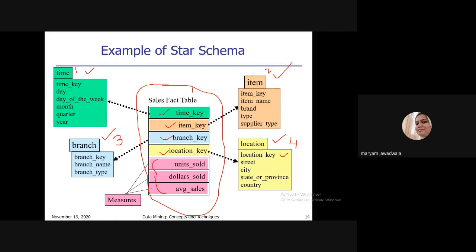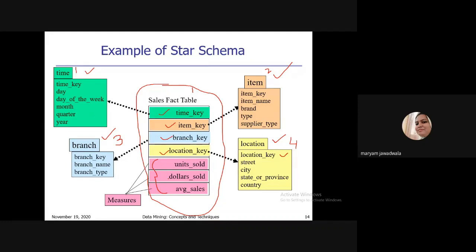This is nothing but the real time measures: units sold, dollars sold, and average sales. Okay. So these are the attributes of the fact table. So the fact table consists of the key attributes of all the dimension tables plus some real time facts.